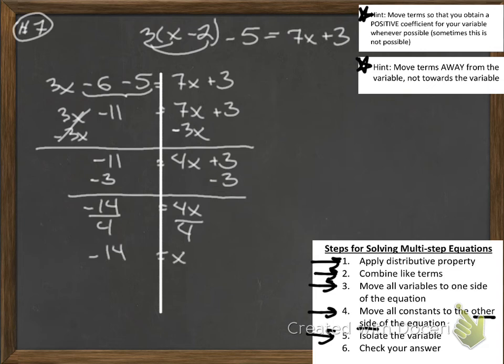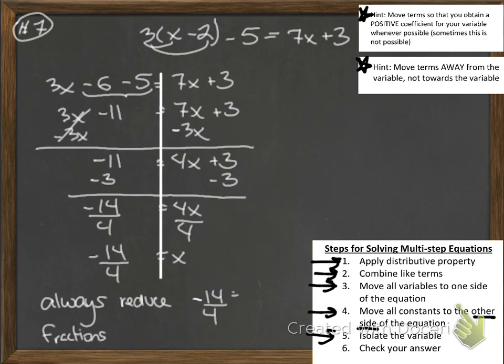So we have negative 14 over 4 is equal to x. However, unfortunately, if you left your answer this way, you would not get full credit. Why is that? The simple answer is you always have to reduce fractions. This isn't necessarily something that instructors will even mention. It might even be assumed that you know this, but it is true. So we always have to reduce our fractions. If I have negative 14 over 4, I can divide top and bottom by 2, and it reduces